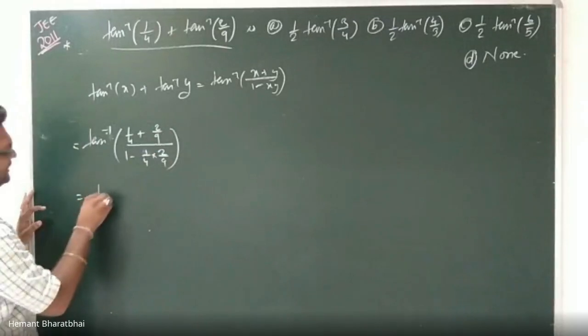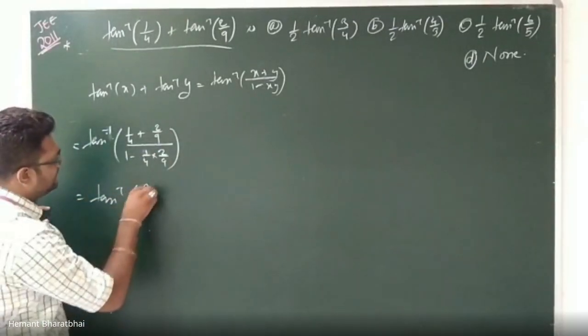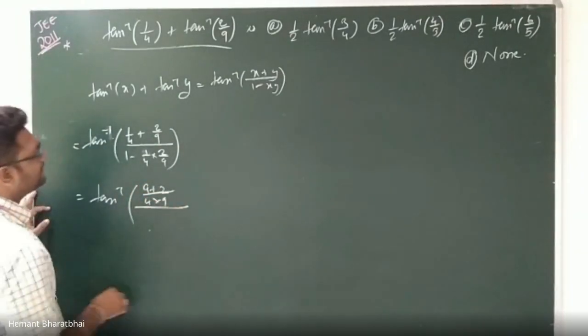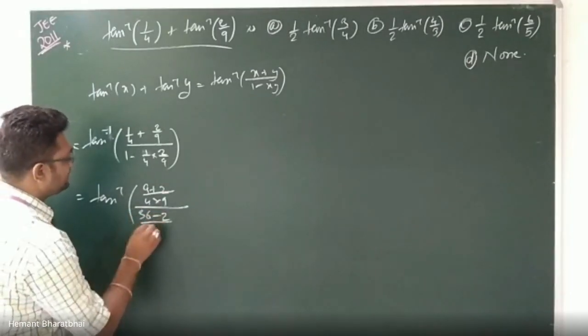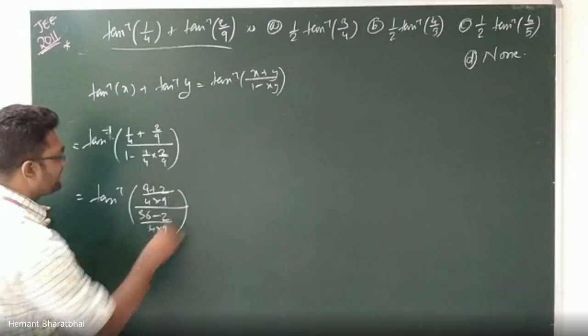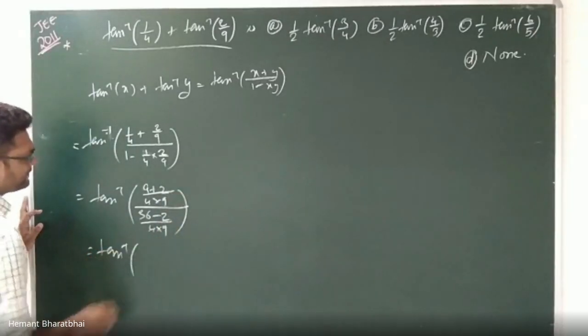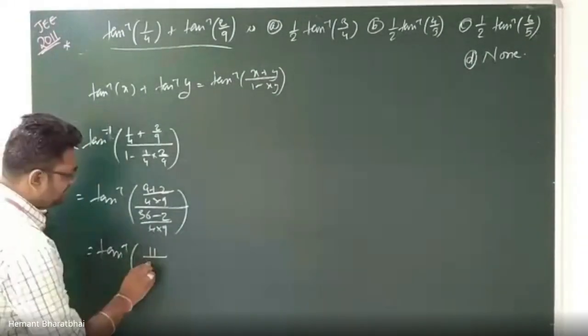So that will give me tan inverse of (9 plus 2) upon 4 into 9, divided by 4 into 9, that is 36, minus 2 upon 4 into 9. So I'll get tan inverse of 11 by,